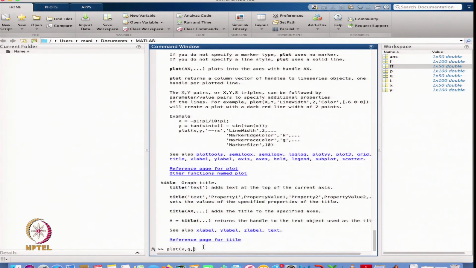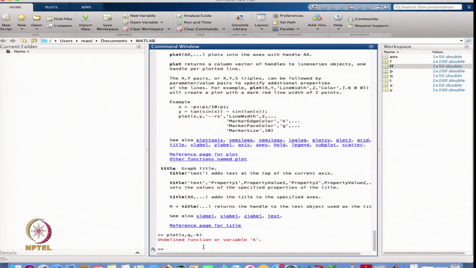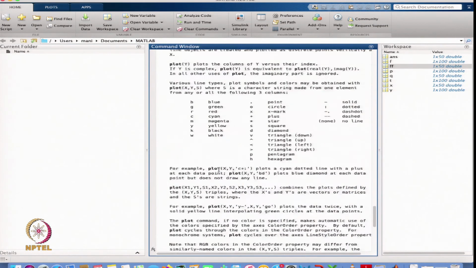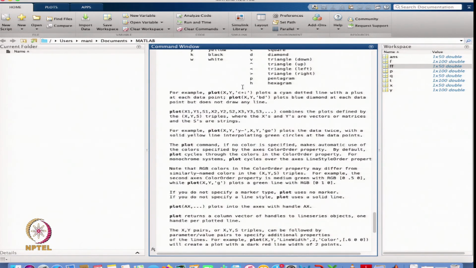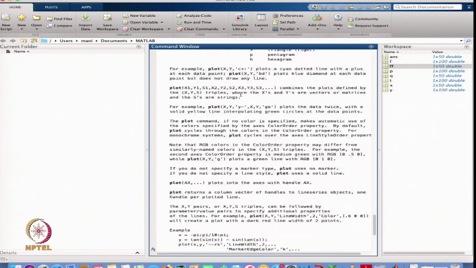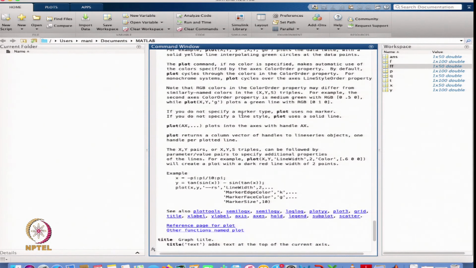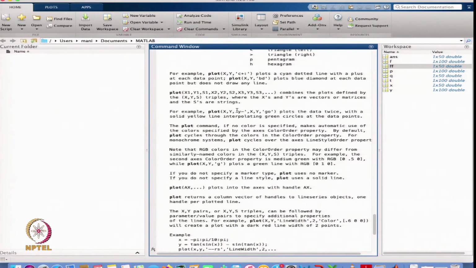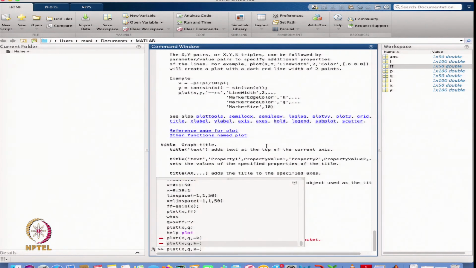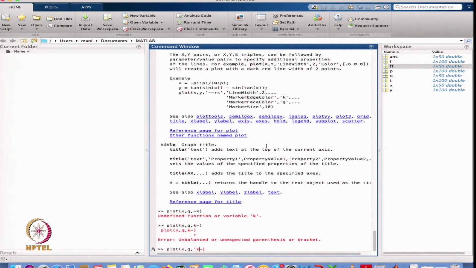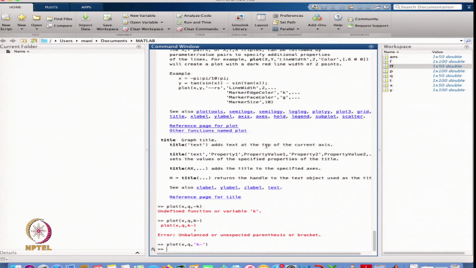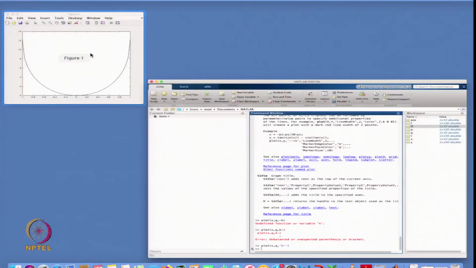This one plot I have done. Now I want to give it k. So, that is the plot we have defined. So, this is the k. Oh, we have to define this one in columns. You can see that we have to define it in columns like this one. That is why it is giving the error. So, we define this in column, and then this is the plot we got.